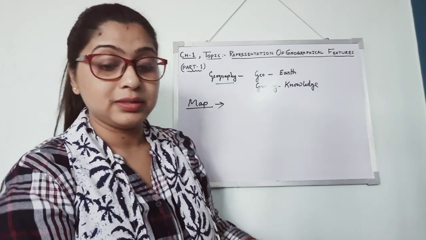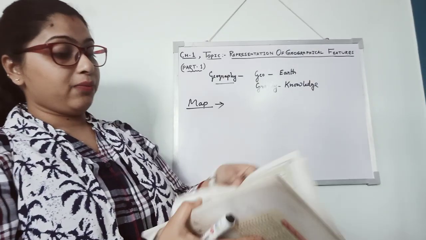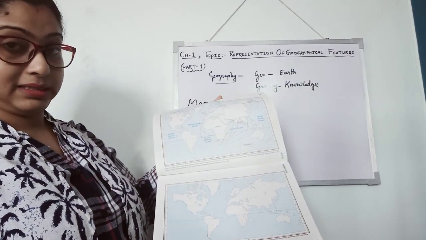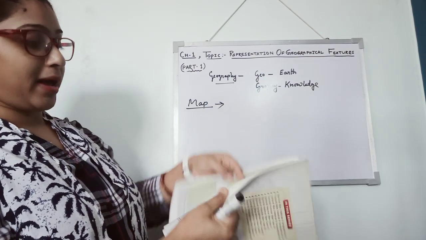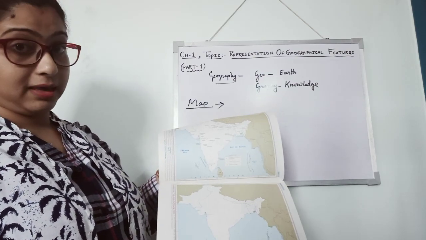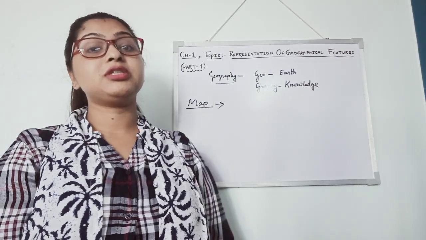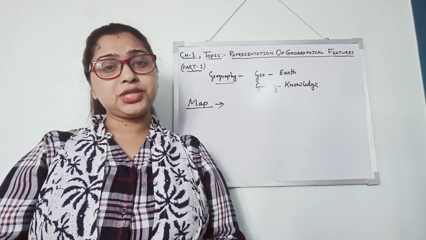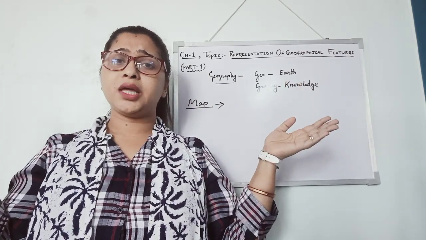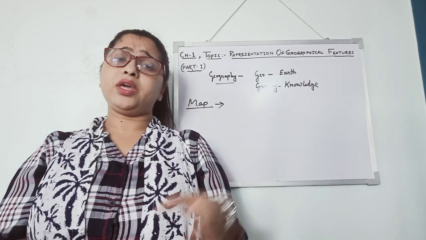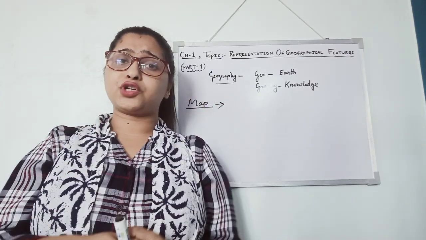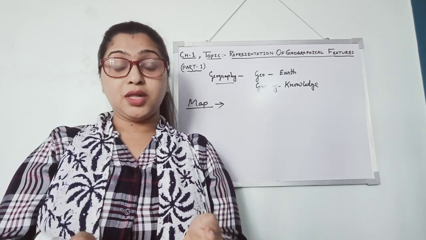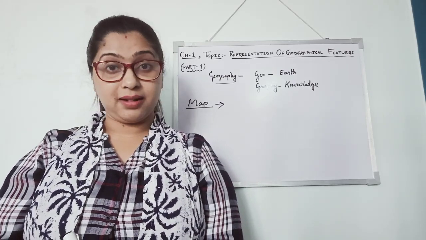You might have seen these different kinds of maps in an atlas. Different maps on different topics are given. But how is a map actually drawn? Can you tell me, how do we show a large continent or any country on a small A4 size sheet? Is it possible? Yes, it is possible, with the help of scale.